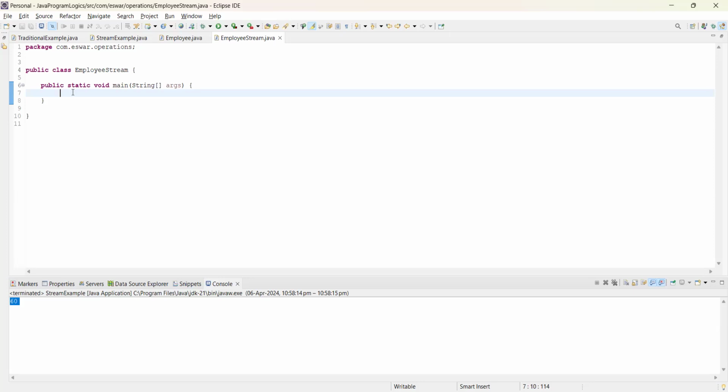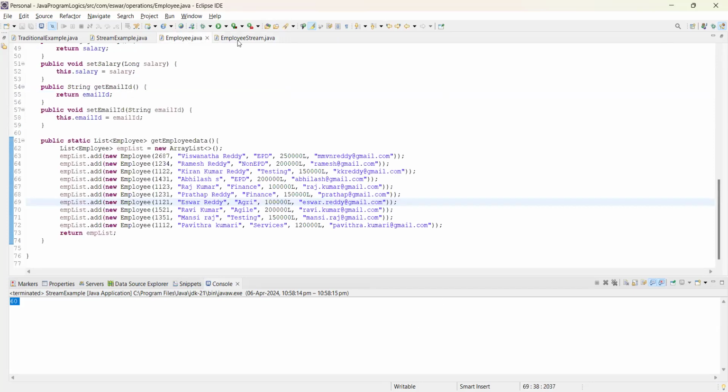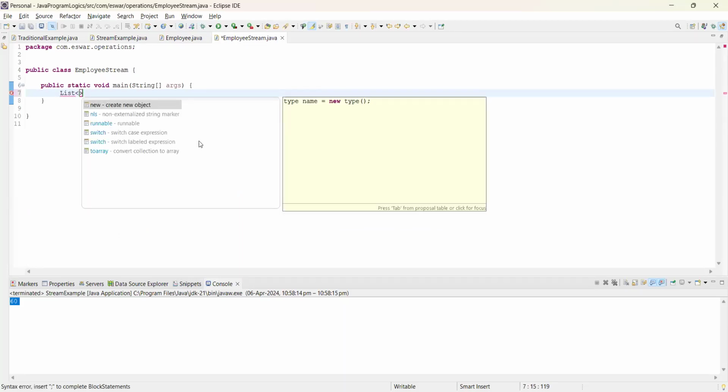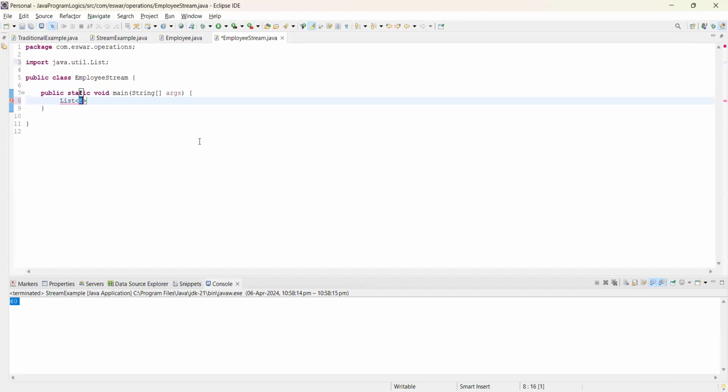Now, in our requirement, I am getting the data from my employee class, as shown here. We will pull this employee list. To pull that, this is our list of employees. So I have to import this package and say employees, where I'm pulling this one, employee dot get employee data. Now we have the